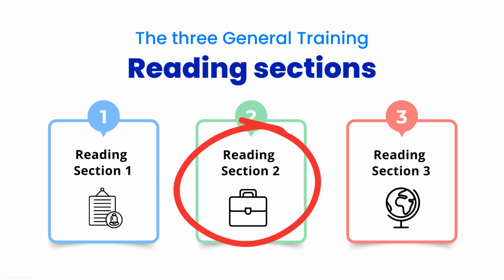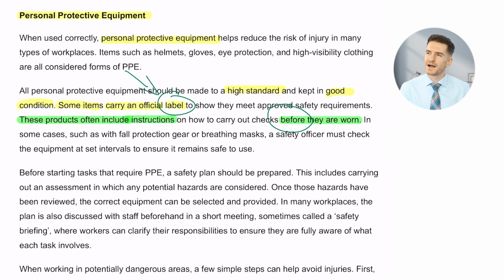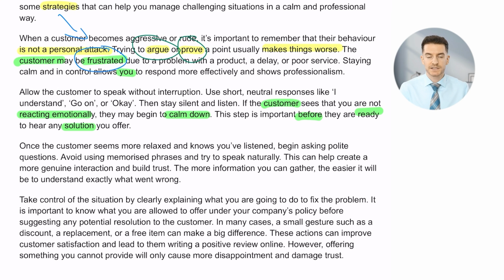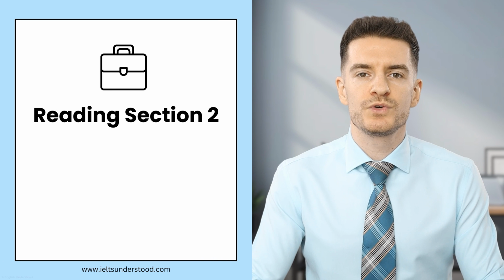Section 2 in the general training reading test is a little bit different than Section 1. For Section 2, you'll normally have to read texts related to the workplace. So for example, something like a company policy. In this second video in this three-part series, we're going to look at Section 2 for the general training reading